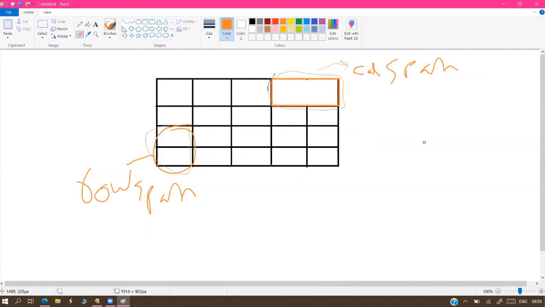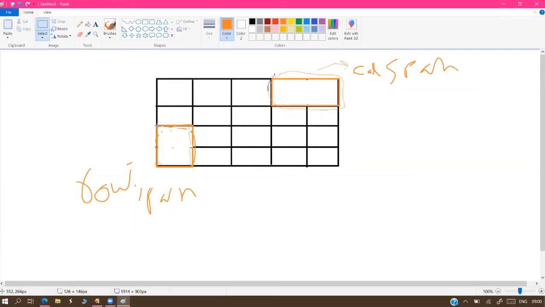Similarly here also. This is rowspan. This is merging of the data, or merging of the columns.